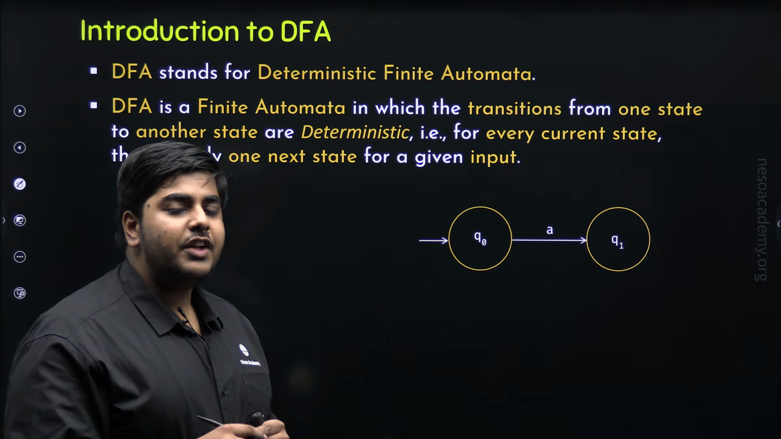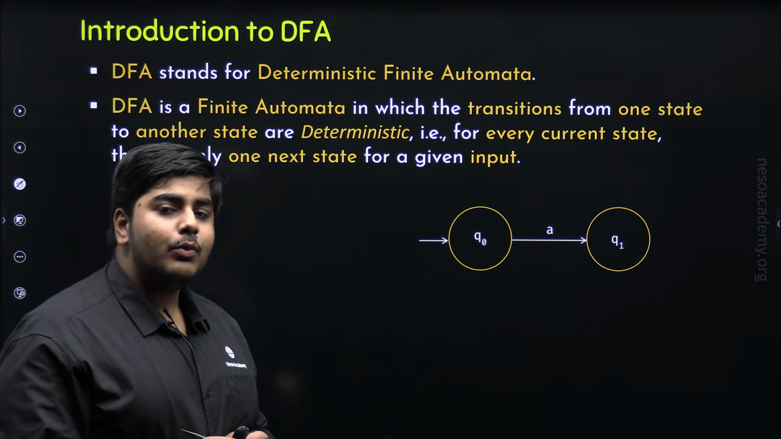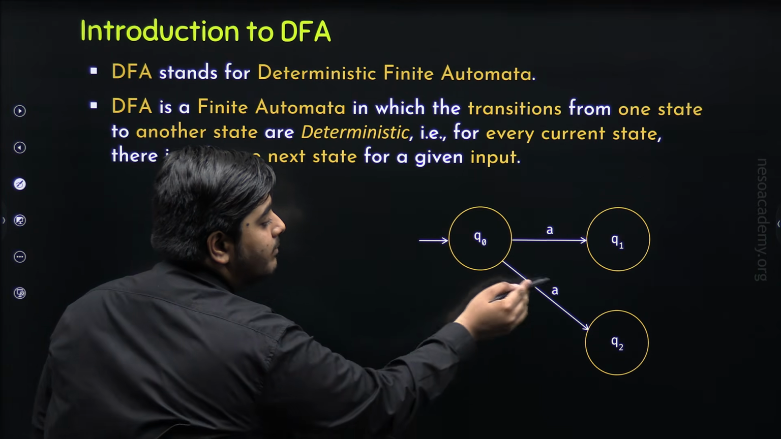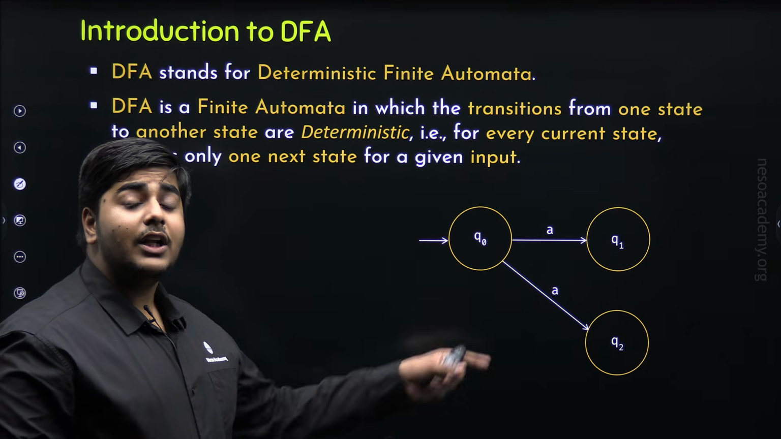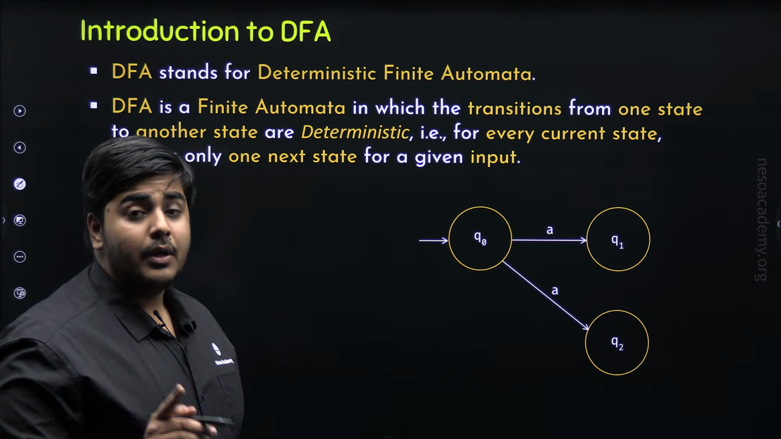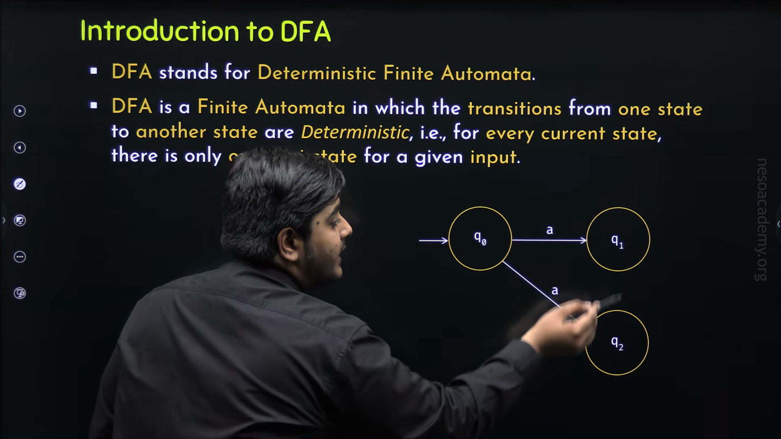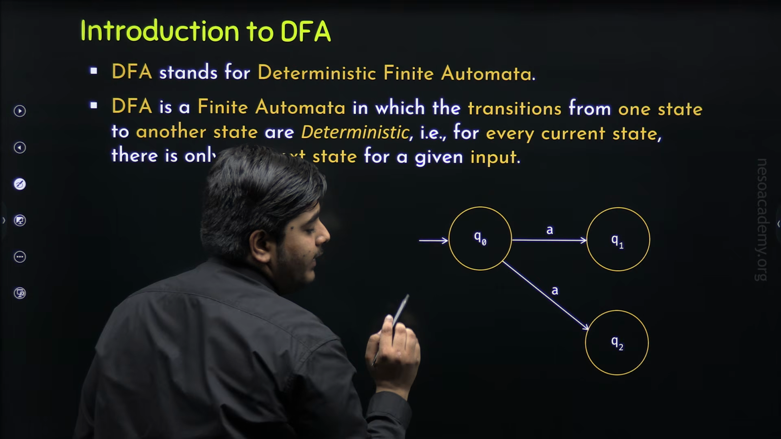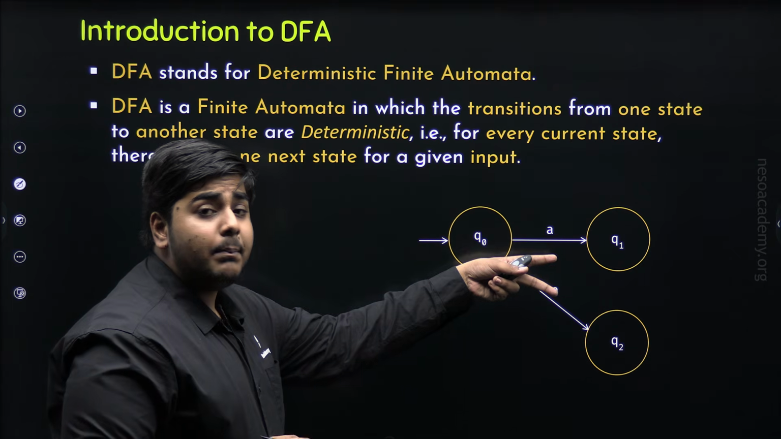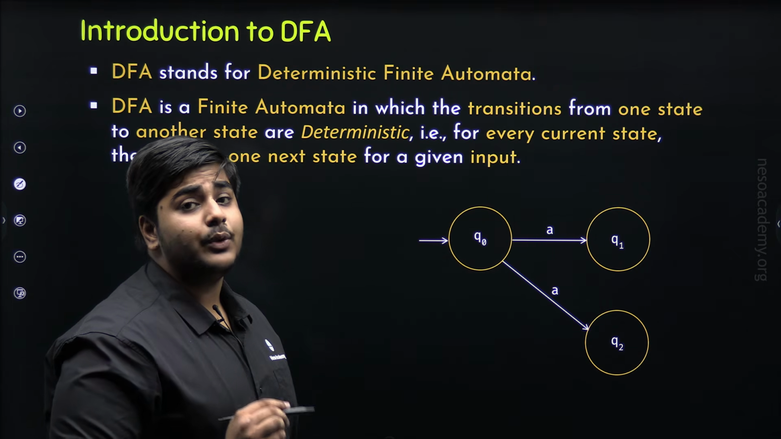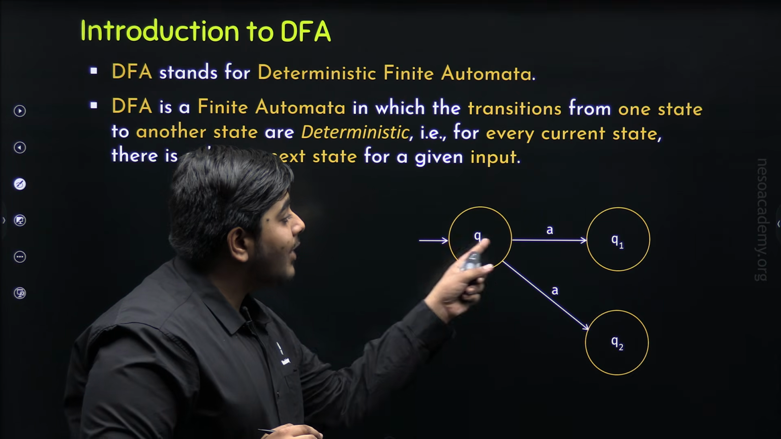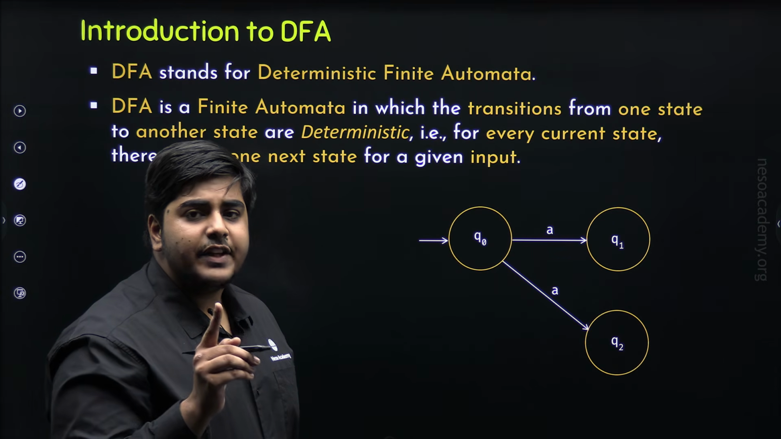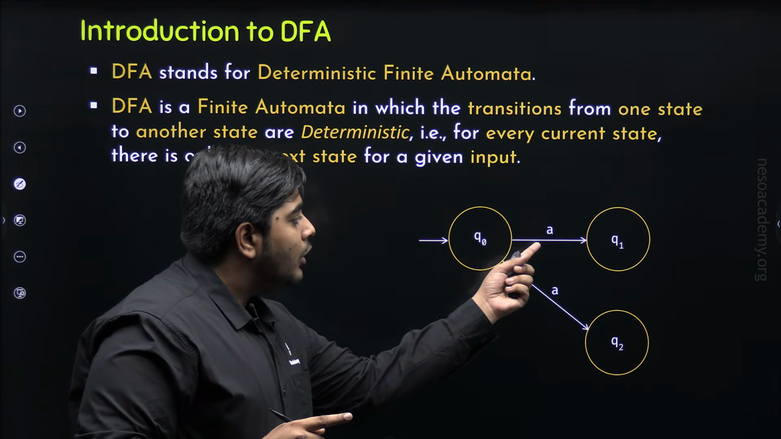But if I modify this diagram and add one more transition from Q0 to Q2 on input symbol A, now this is called a non-deterministic behavior because there are two next states for the initial state Q0 having the same input symbol A. So there are multiple paths and there is a confusion to select one path. These two transitions are non-deterministic transitions because there is no one fixed path from the state Q0 on the input